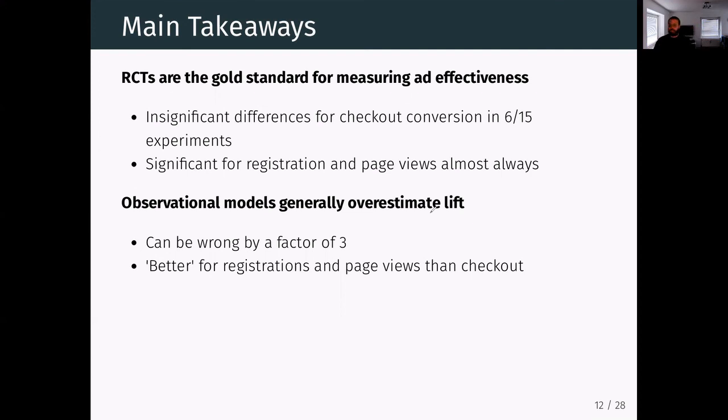So those are the 2 main takeaways. If you want to measure digital ad effectiveness, they're kind of the same. Use RCTs, right? Or try to run some kind of experiment to see the effect you're getting. Your observational measurement is going to get it wrong, and it's potentially going to get it wrong by a really large number. So that's going to be bad because you're going to be overestimating the returns of your advertising.